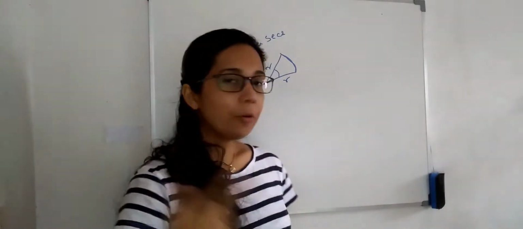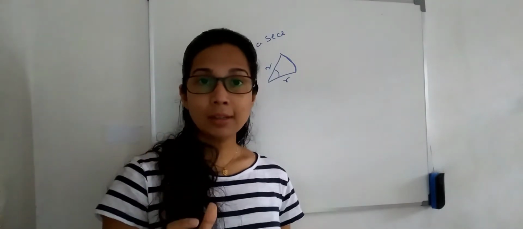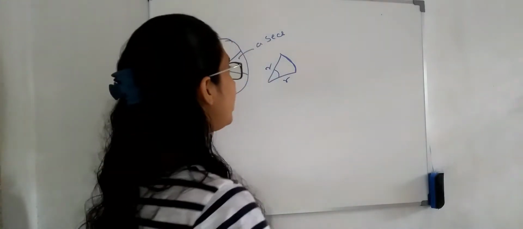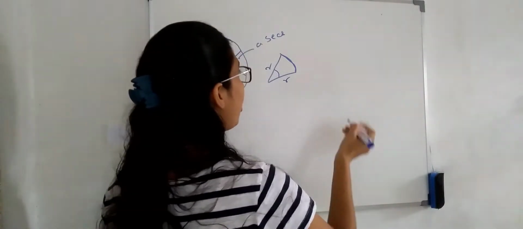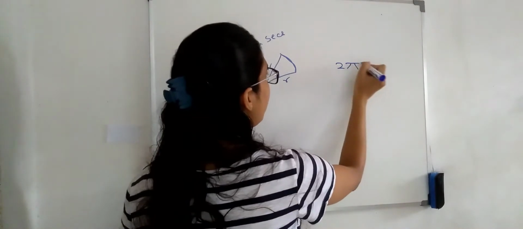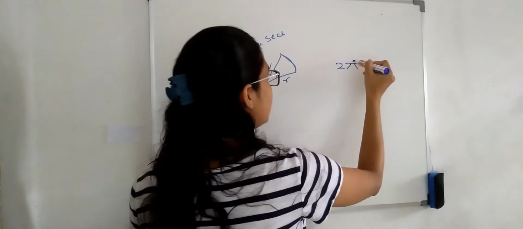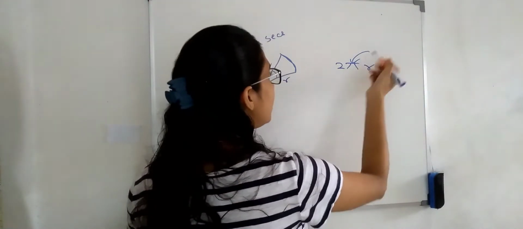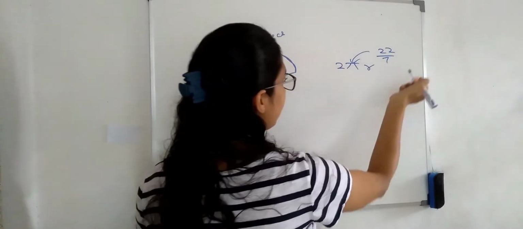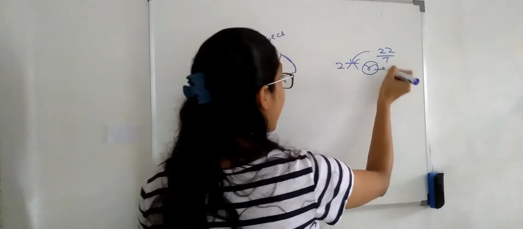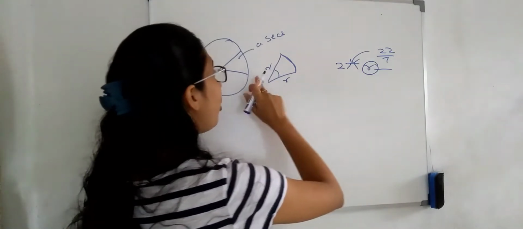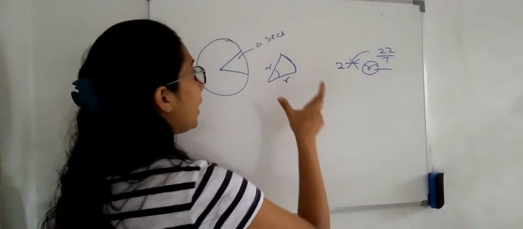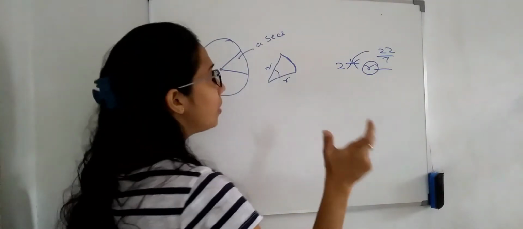Okay, so when you were in grade 9, you learned how to find the perimeter of a circle. So what is the formula you have learned to find the perimeter of a circle? It is 2πr. The value of pi is a fixed value. What is the value of pi? 22 over 7. And r indicates the radius, right? The r indicates the value of the radius. So in this lesson, we are going to find the perimeter of a sector of a circle.